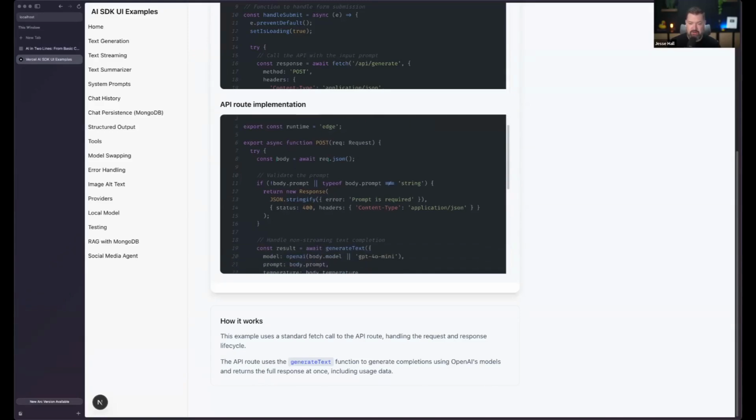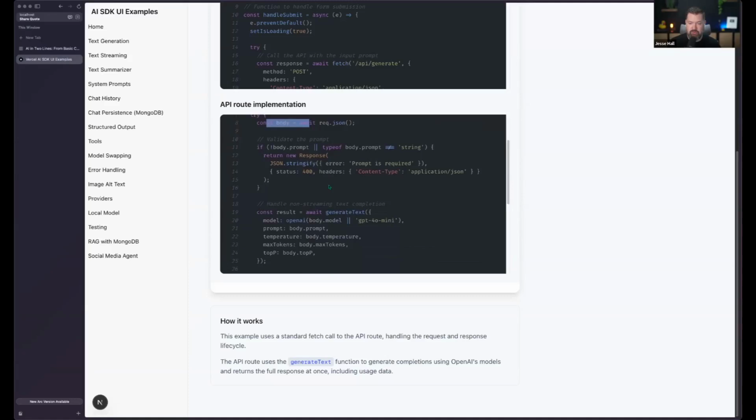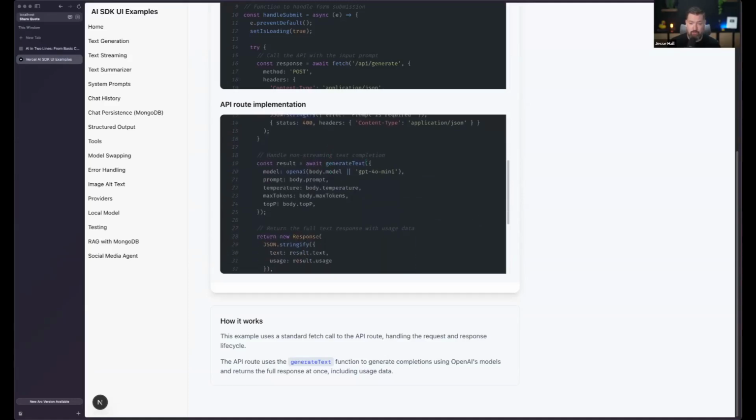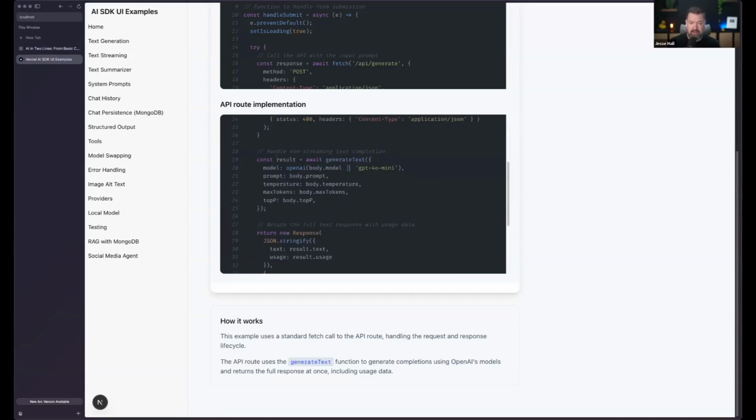So the cool thing down here is we're getting the request body, but here's the easy part that normally is hard. With generateText, we're passing it which model we want to use and the prompt, and the rest of this is optional. You can tell it temperature, max tokens, etc. But we are just using generateText and then returning that.